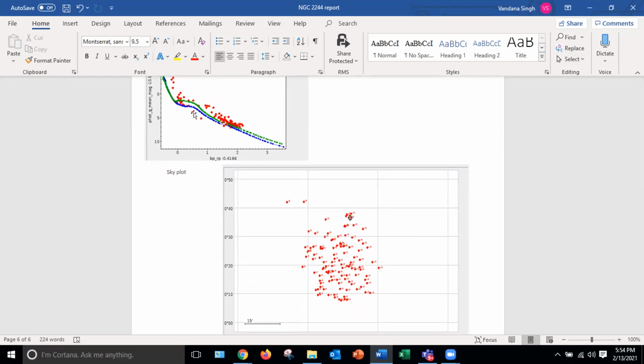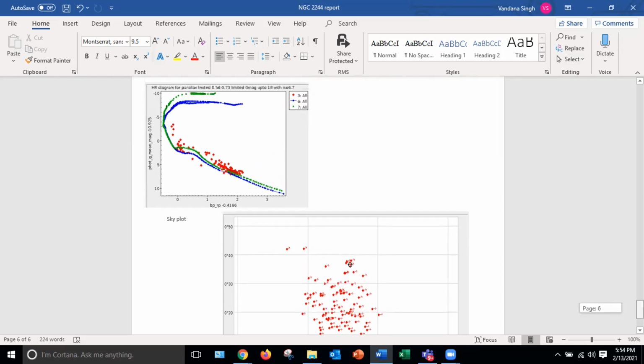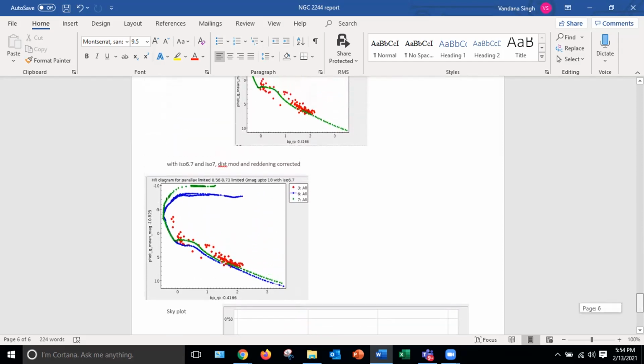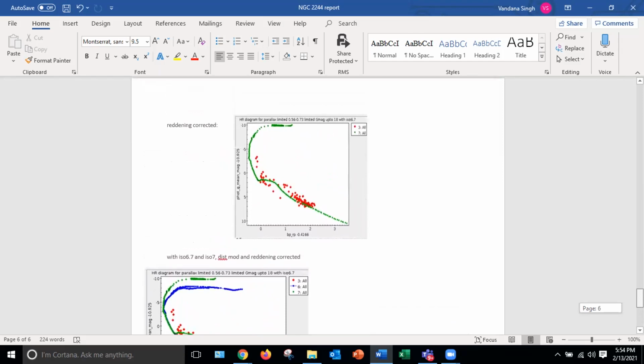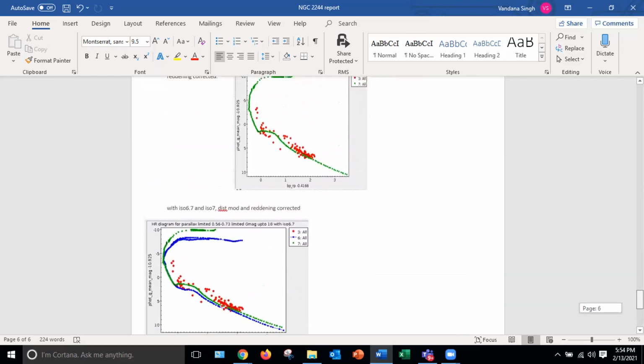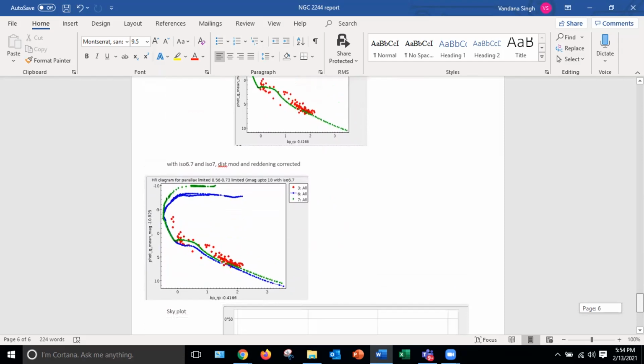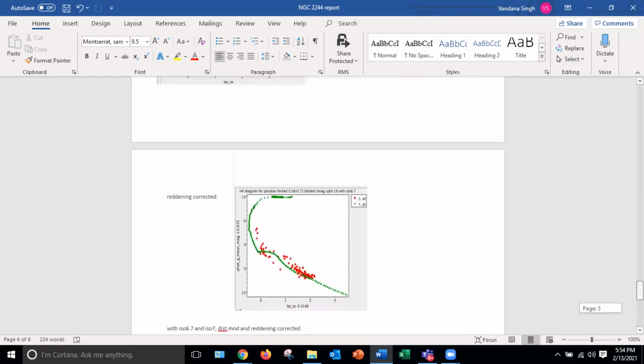These ones, for example, if they are cluster members, they could be variables for some reason. Actually, your isochrone fit is also not too nice. Your red stars are too far from the isochrone. If I do the AG correction, it should get closer. Even your y-axis is also a little off. If you see that previous plot, the green and red one, you see that bump.